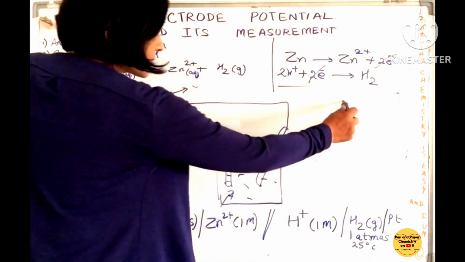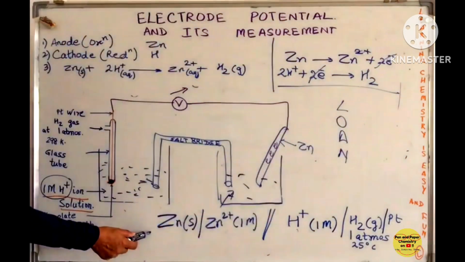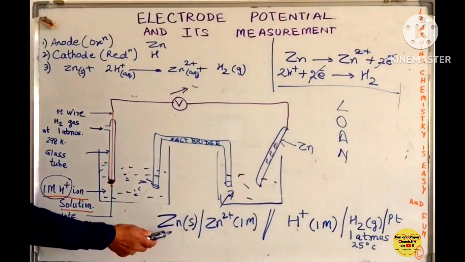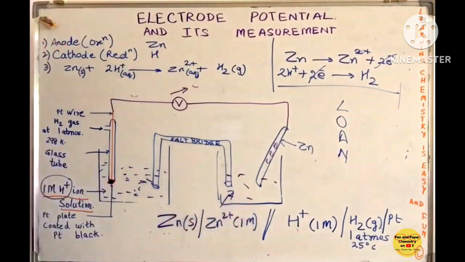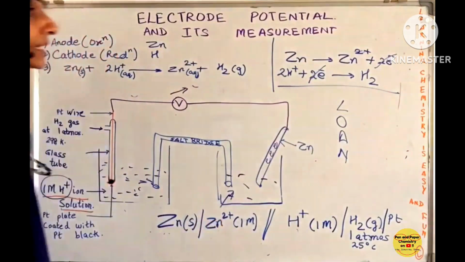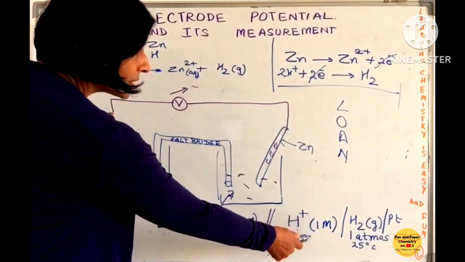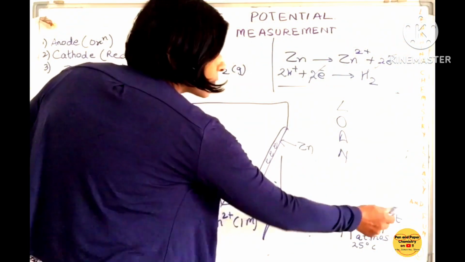The cell representation, left hand side oxidation, anode. So on the left hand side, I will write it represented as oxidation: Zn changing to Zn2+. Please don't forget to mention the concentration, which will be 1 molar, because we are talking about standard measurement over here. These two double lines indicate the salt bridge, then hydrogen ions, 1 molar concentration, in contact with hydrogen gas,